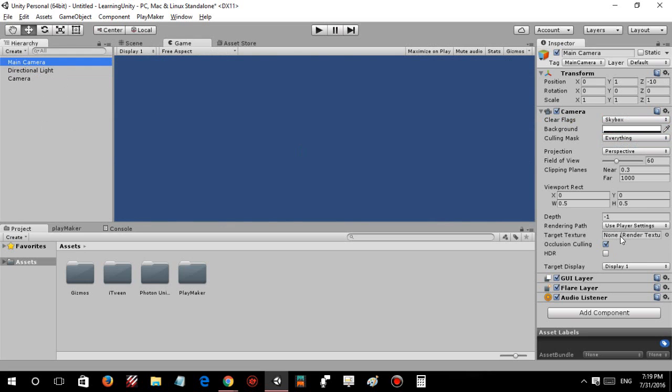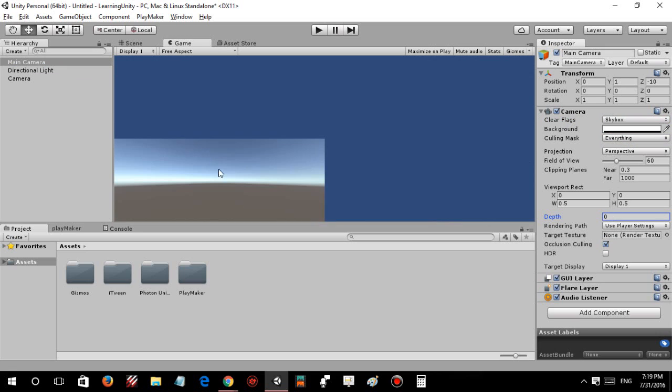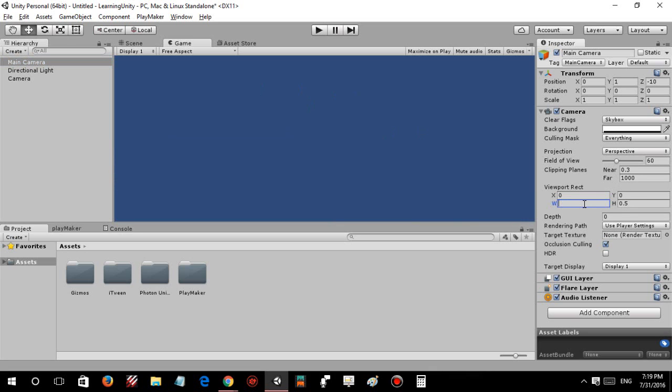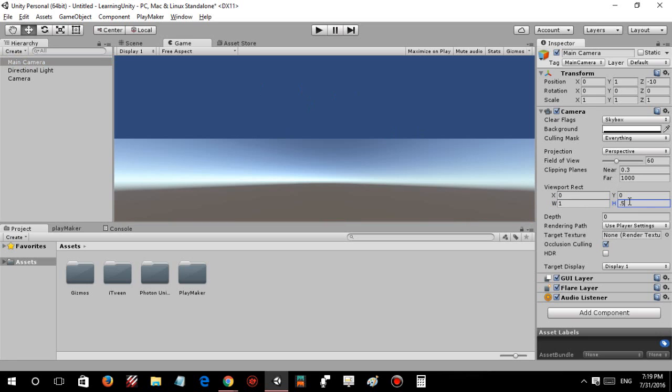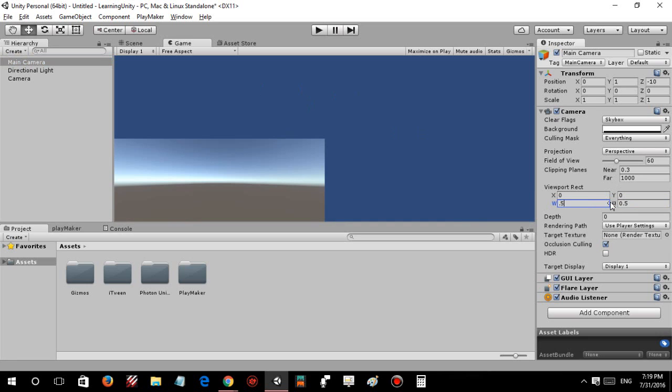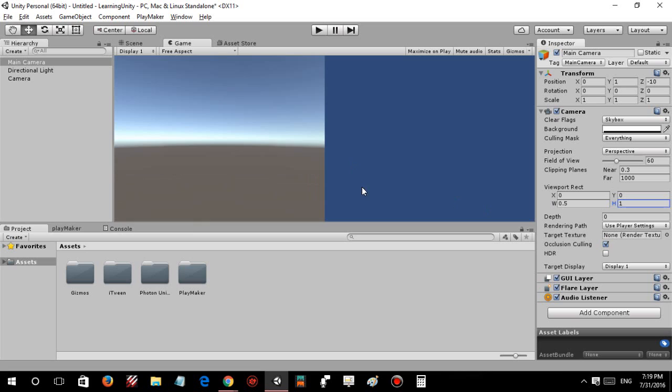Okay, I'll explain depth later, but for now this is what we want. So as we can see, the main camera is exactly 1/4 of the total view, and if I set this to 0.5 and 1, then we can see a traditional split screen camera view,